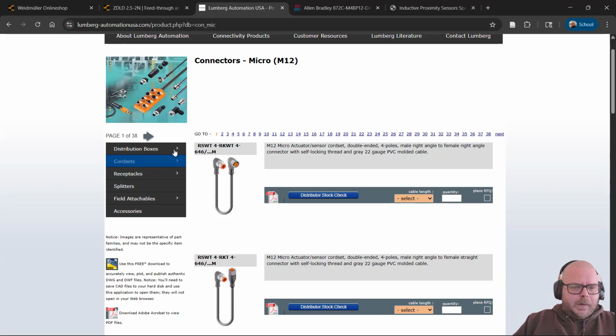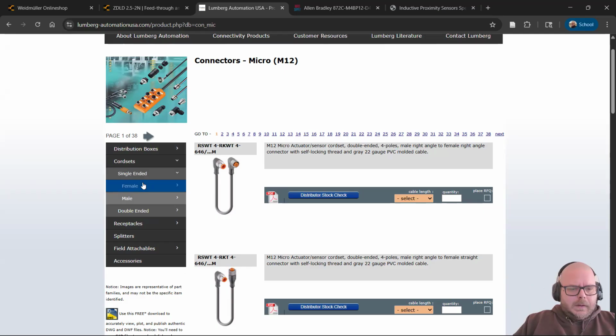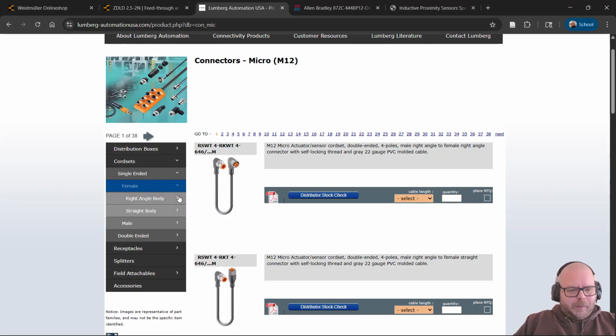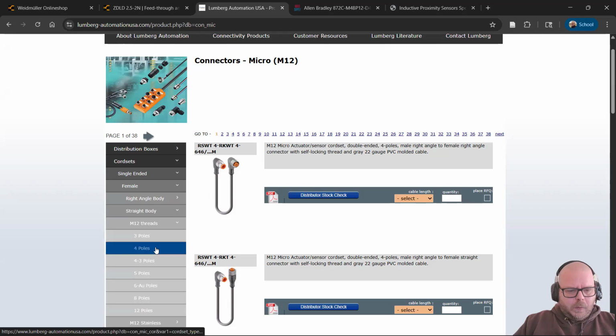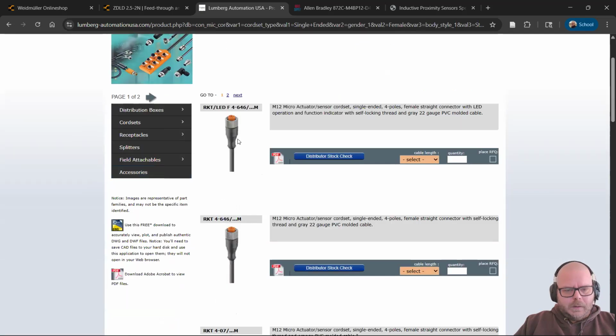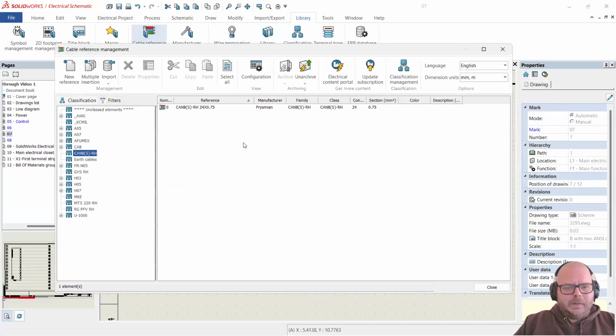But so we want a part number and we want a single ended, I want just open wires on the other side. M12 on one side, it's got to be an M12 female because the procs we grabbed, straight body's fine, M12 threads, and 4 poles. There's one right there. It's even got an LED in it. So I'm going to go ahead and create that cable in my library, cable reference management, probably under AWG,